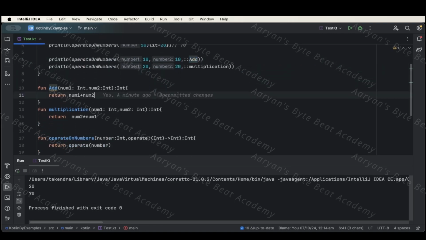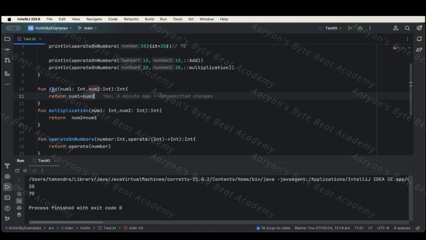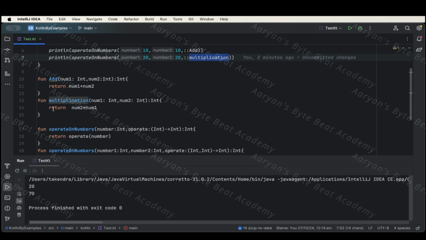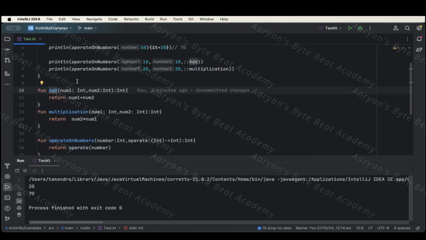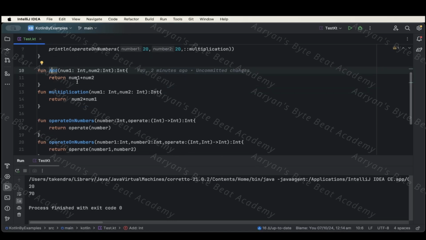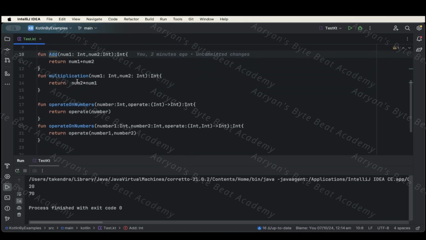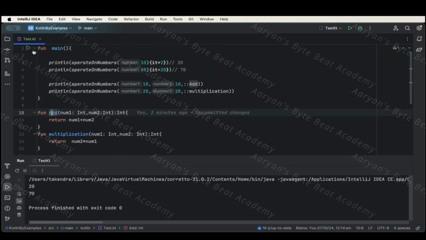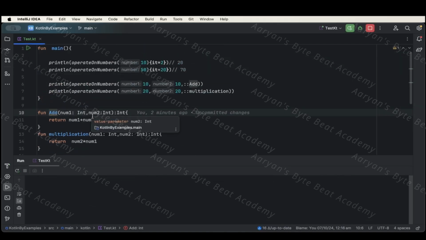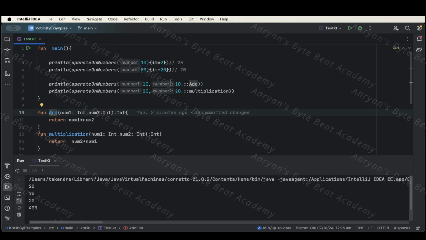So what operation it will be performing will be defined by this add function. We are passing the values here, but the operation we are passing from here, and what operation will be done, that we are passing from this named function. Multiplication and add, these 2 functions are used. So this is how we can achieve reusability, make our code concise and more readable by implementing this. So let's run it and check the output. Yes, so we are getting 20, because of this 10 into 2, and we are getting 70 because we are adding this 20 to 50,